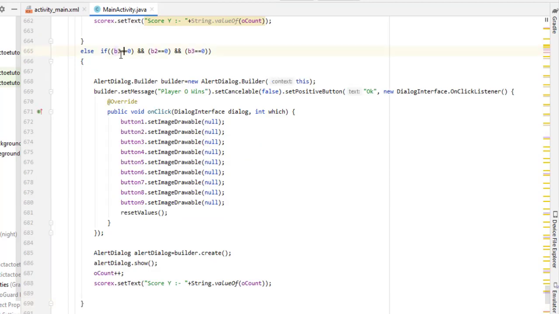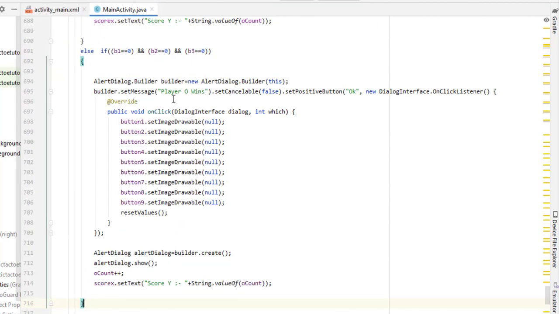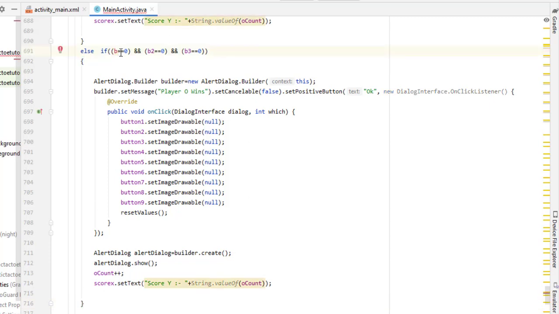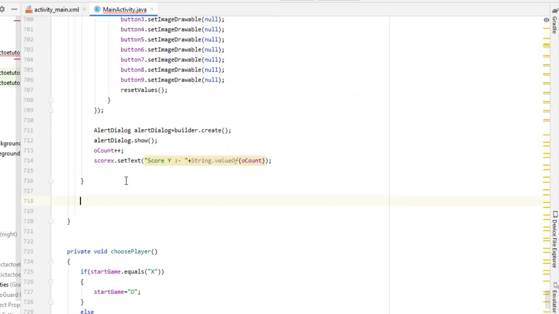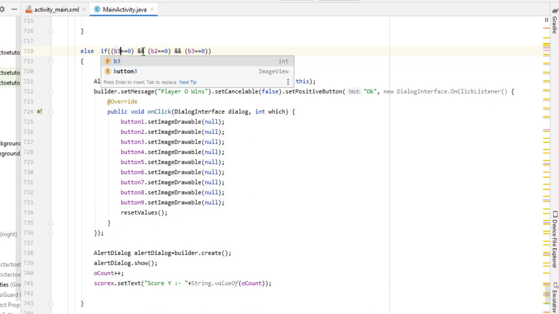Then 3, 6, 9. Now only 2 cases are left, and these are 1, 5, 9, and the last case 3, 5, 7. So I hope you understand.